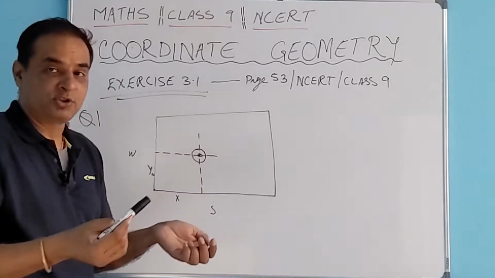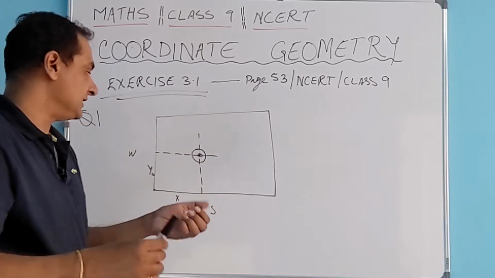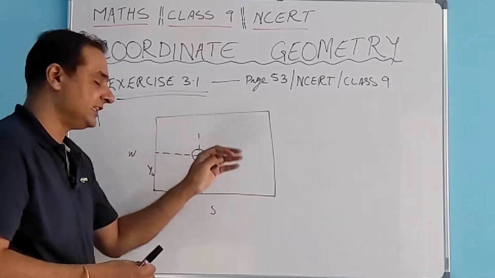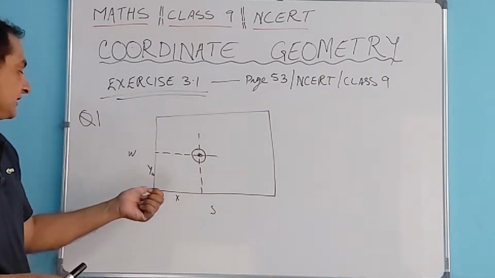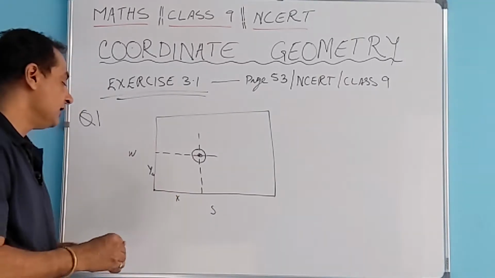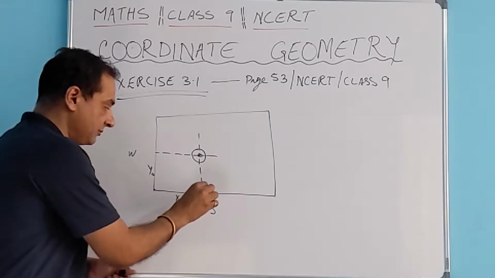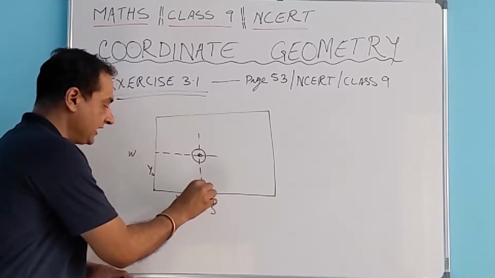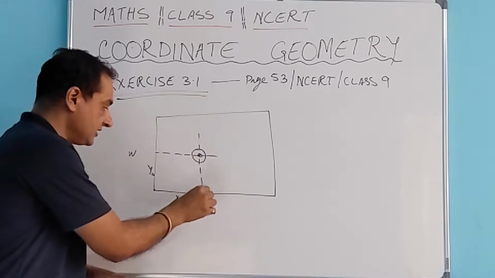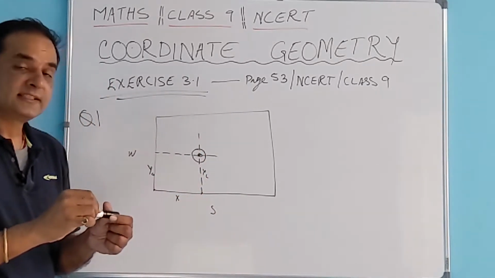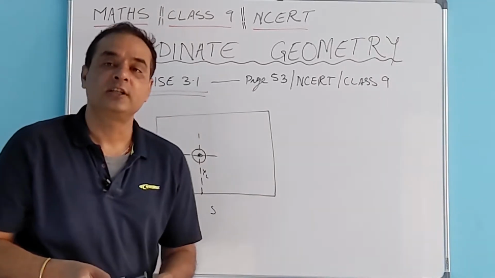So how can you communicate the location of your table lamp? You can easily say that if you consider that the table is lying in the north, south, east, west directions, and you consider the point which is in the west south direction, from here if you go x centimeter on the south edge, and from there if you go parallel to the west edge, which is y centimeter, you are going to arrive at a point which will be the center of the base of your table lamp.